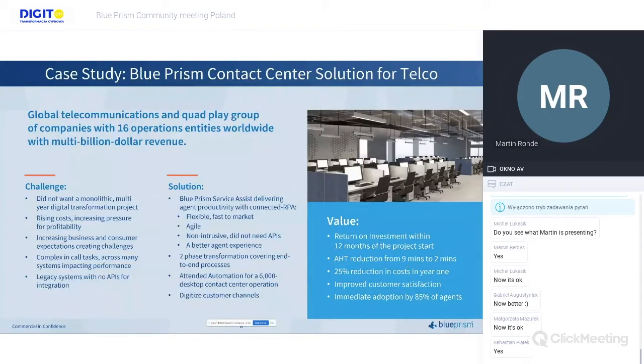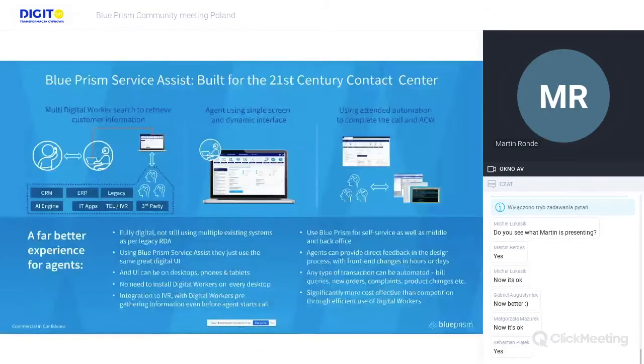So what's important on this is the world has changed, of course. The customers, or most of the customers, have old and legacy systems. They are not connected. They have different user interfaces. It takes a lot of time to get the information about this. And